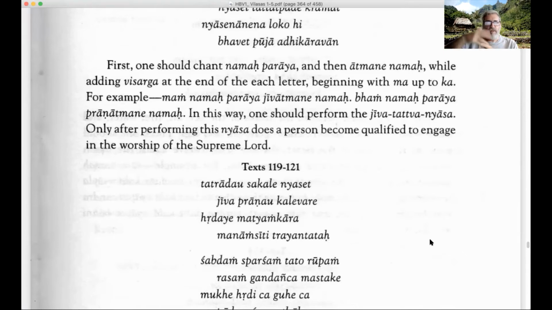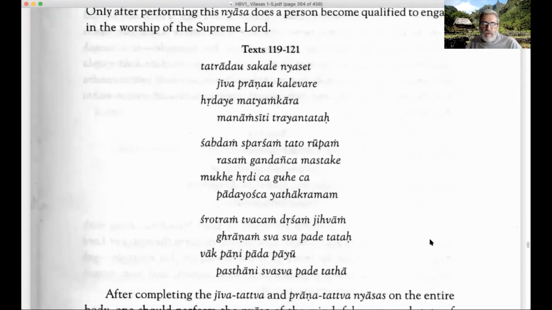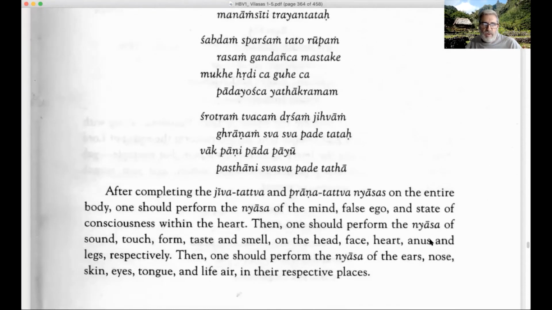So we heard this before with Buddha Shuddhi also. We have to do the Buddha Shuddhi, we have to do the Matrika Nyasa, we have to do the Keshavadi Nyasa, and we have to also do this one. So this is not anything new. Every time a particular aspect is being described, mostly it'll say that we have to do this, otherwise we don't have the eligibility to perform the worship of the Lord. Okay, so let's continue on with text 119 to 121.